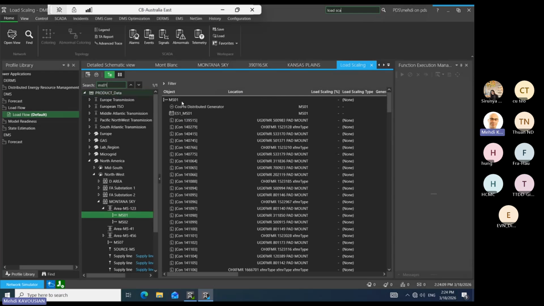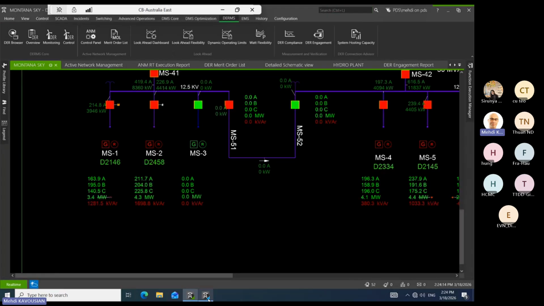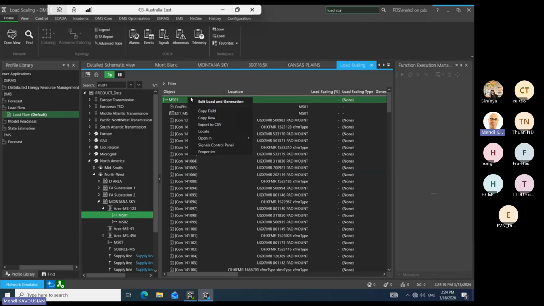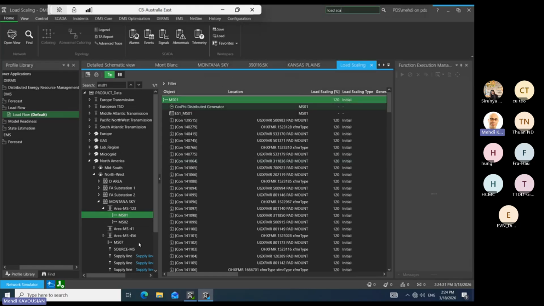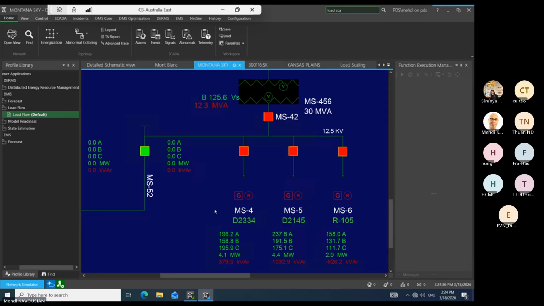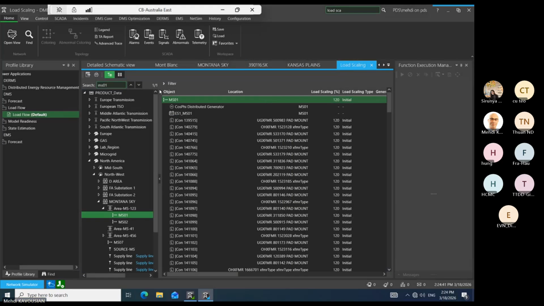So the value, let's say it's now 3.4, right? Here I can say increase it by 20%, let's say initial, whatever value it is, and it's in percentage. So when I add this, it applies to the simulation, right? Because it applies to that simulation, and I need to run a load flow there. For when I apply this,